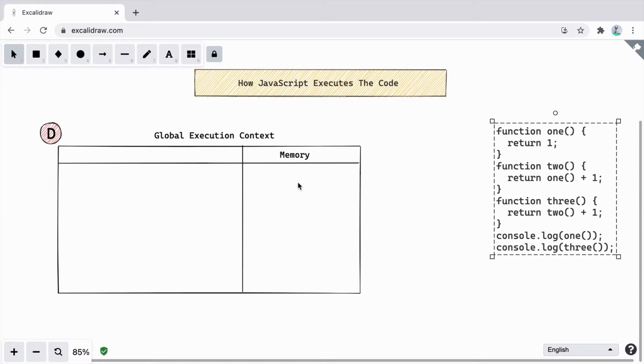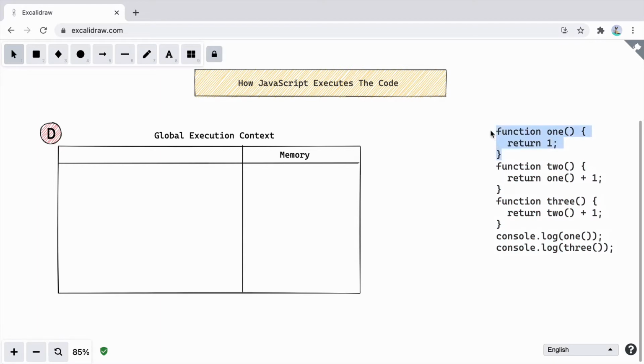So if you try to understand, we know that to make JavaScript execute the code, we use an engine. And to be specific, in Chrome, we use an engine named V8. And the job of the V8 engine is to source up functions, variables, and other kinds of data and execute them one after another, because that is how JavaScript works. So when we say that JavaScript is a single-threaded language, what we mean is at one point of time, we can only execute one piece of code. So let's see what is going to happen here.